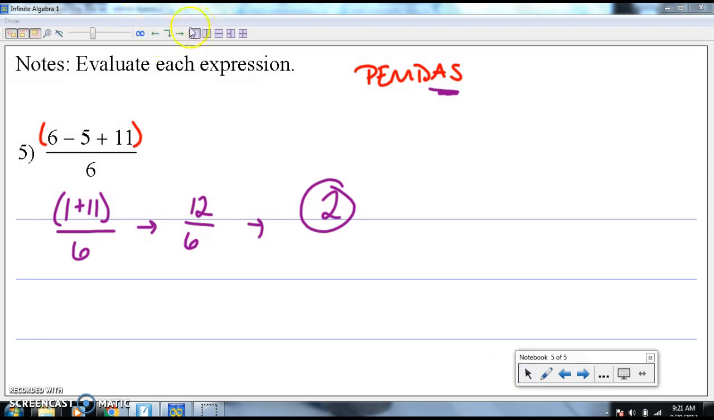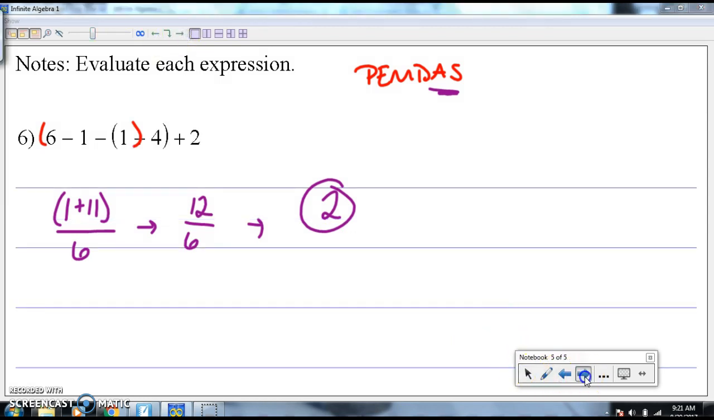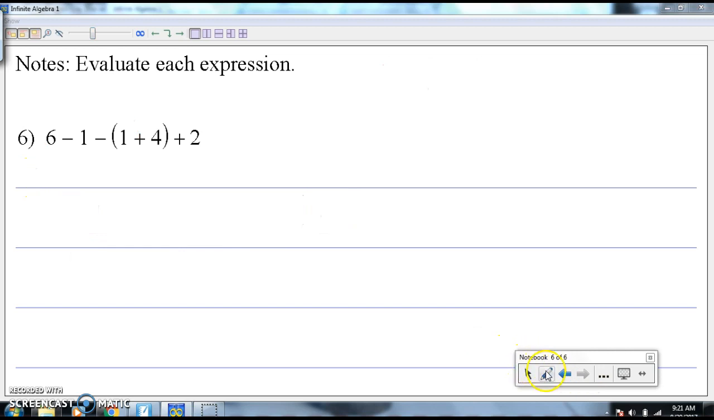Go ahead, move on to the next one. Notice this one has even more steps yet. So again, PEMDAS tells us to start inside our parentheses. So I'm going to start right here. So 6 minus 1 minus, and then 1 plus 4 gives me 5, and then I bring my plus 2